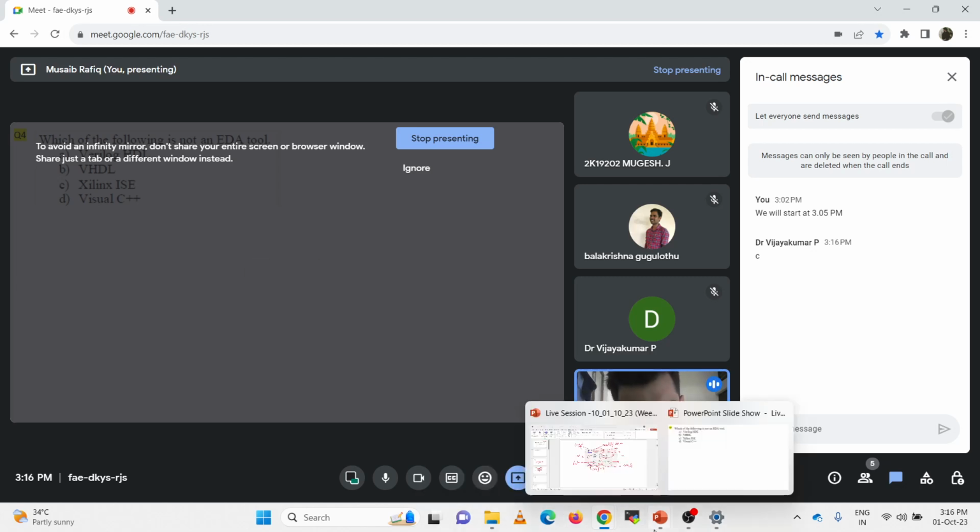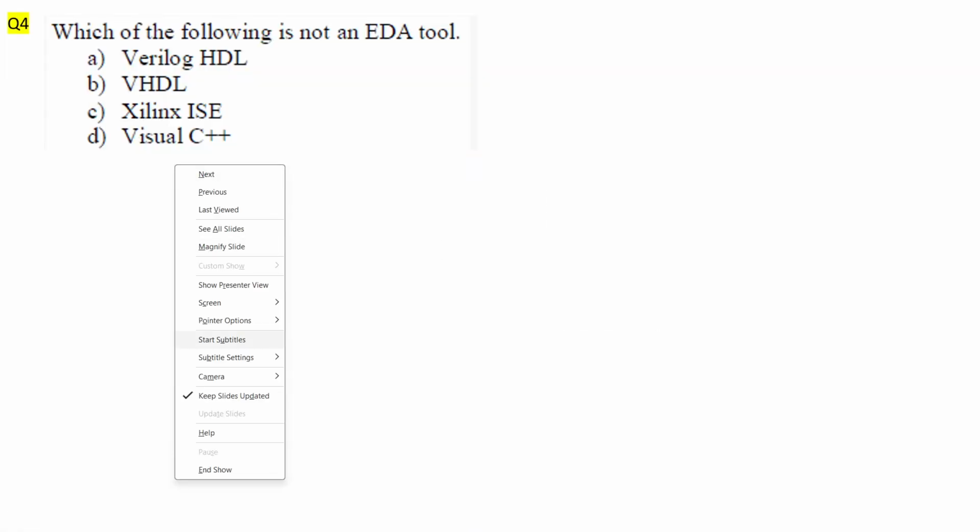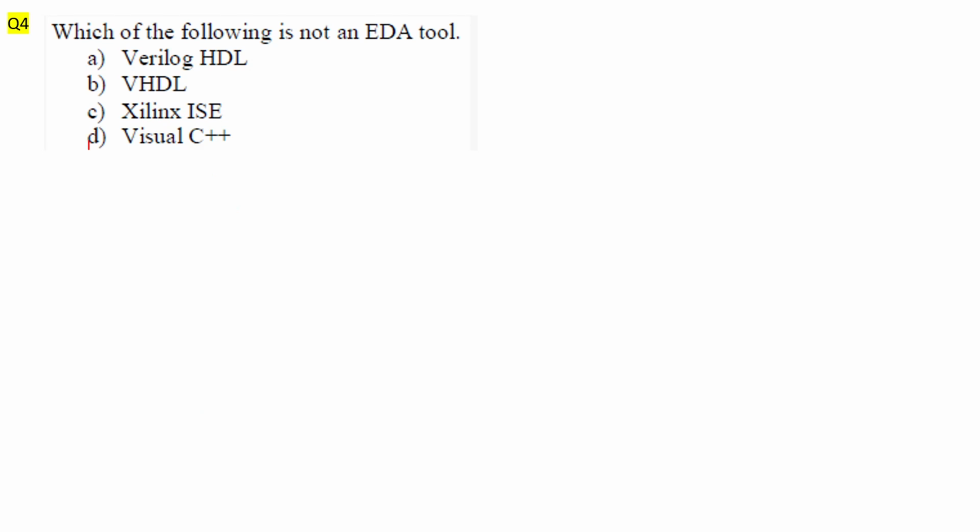The correct answer to this question is option D. Verilog HDL is a type of HDL language, Verilog. VHDL you are quite familiar with. And then this Xilinx ISE is basically a dedicated software tool from Xilinx, used for synthesis and analysis of HDL design. It's quite outdated right now. And this Visual C++ is basically a compiler